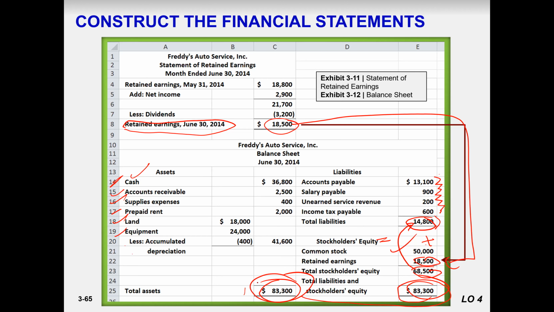Now, what have we learned today? Today we have learned to adjust the entries, make the adjusted trial balance, and